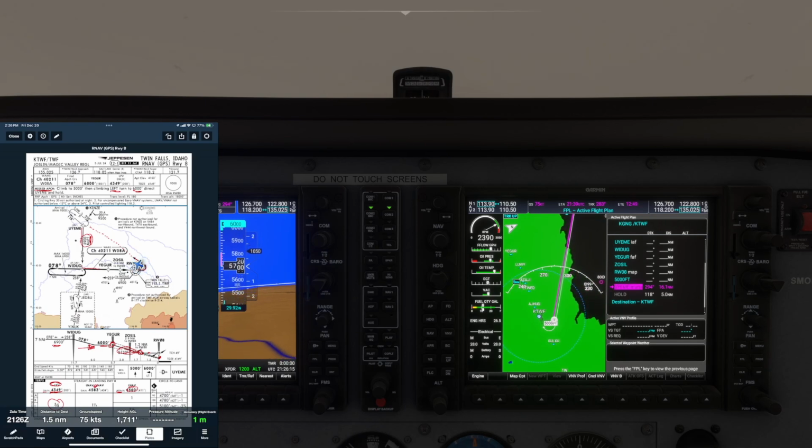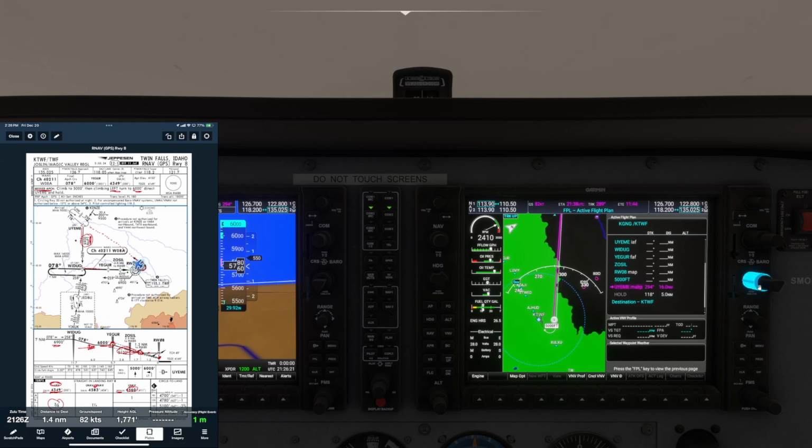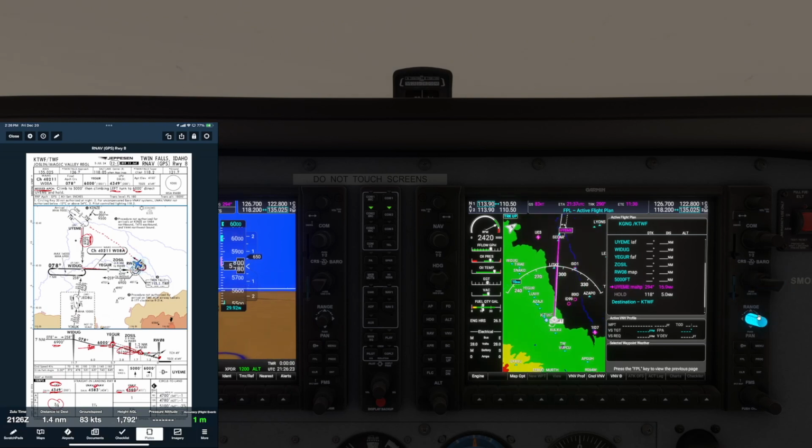So at this point in time, things are looking pretty good. We are headed towards the fix that we need to put us into the hold. And we're not going to bother flying the hold today because that'll make this lesson like forever long. So at this point in time,